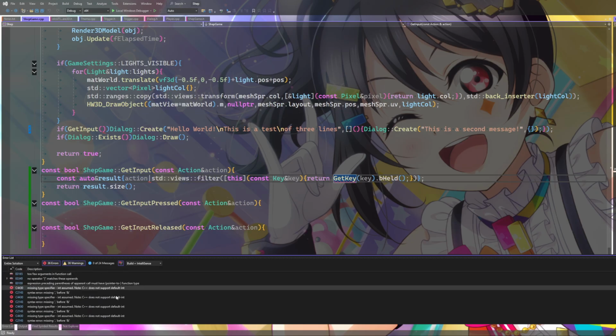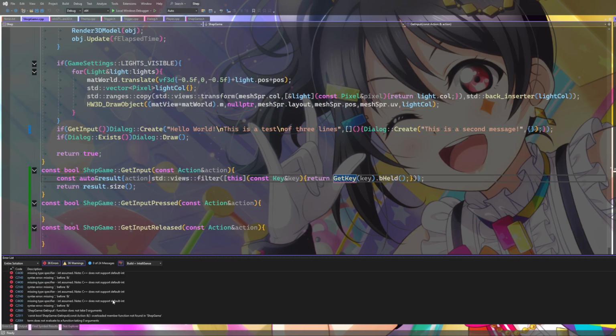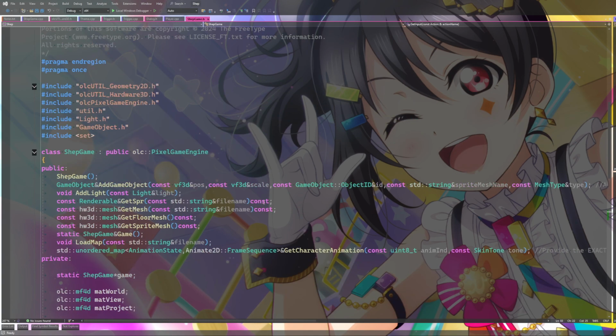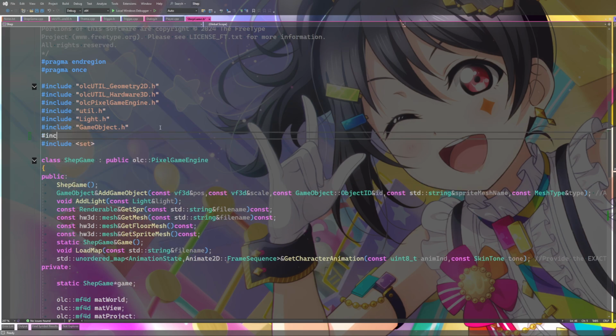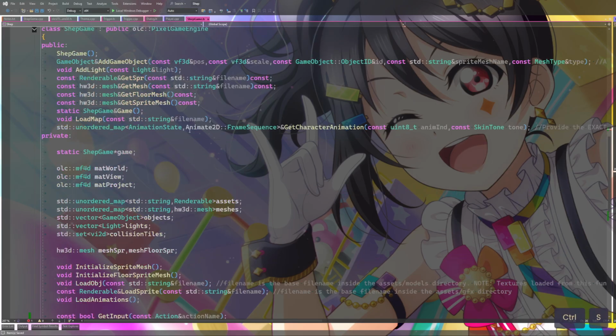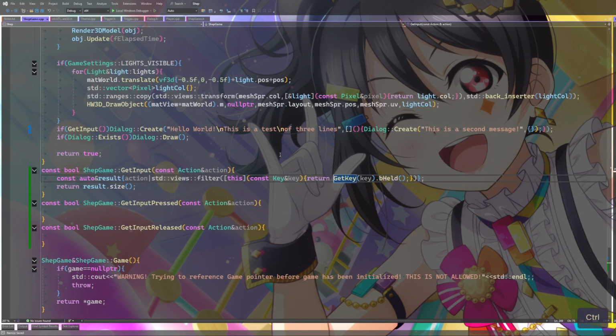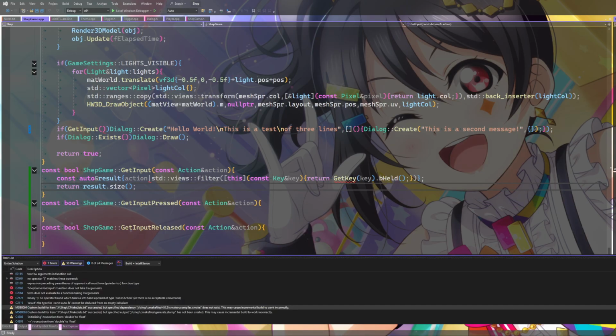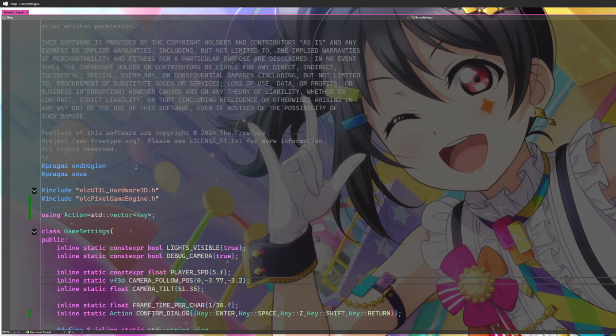This looks old. Like, it shouldn't be doing this unless for some reason... Let's see, because I defined this in game settings. Oh, I guess we don't have game settings, do we? Game settings, which would include action, so we know what that is. Well, that doesn't fix this, though. Let me see. Do we have recursion now? No, we don't. Okay.